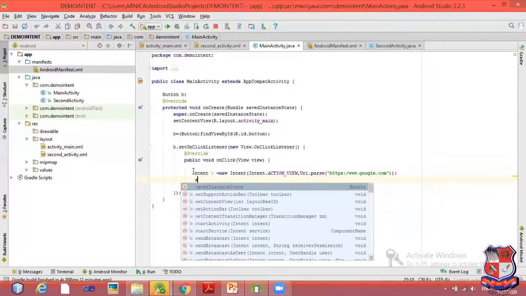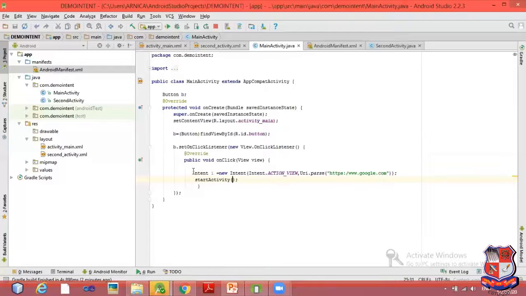Next, write startActivity(i). So here we have completed the three uses. First is to link two activities. Second, to pass data between activities, and third is to call built-in activities.